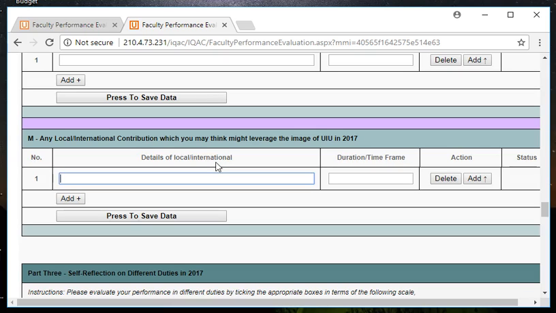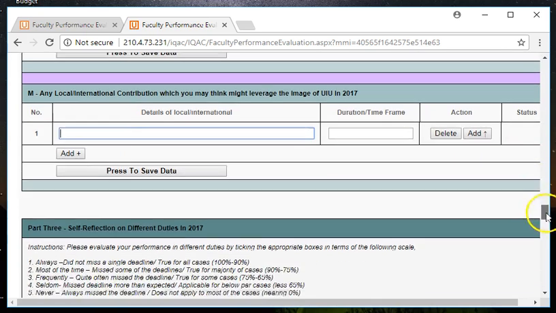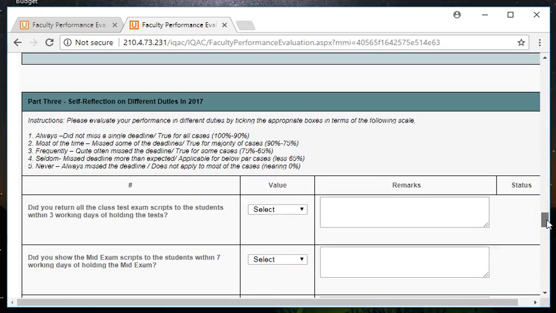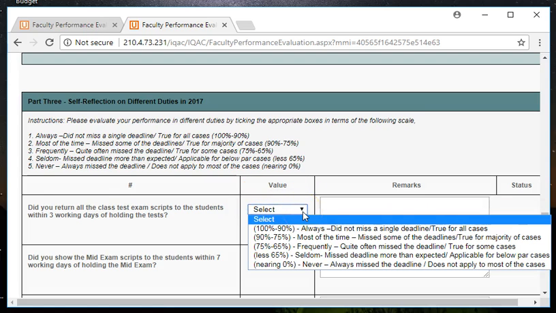So it is about the details of that local or international contribution that you think upholds the image of UIU. You write how long the program or activity was, and the details about it. So that was all about part 2. You press to save data, and you move to the third section of the self-evaluation form, and they ask a series of questions where you select a value about your contribution